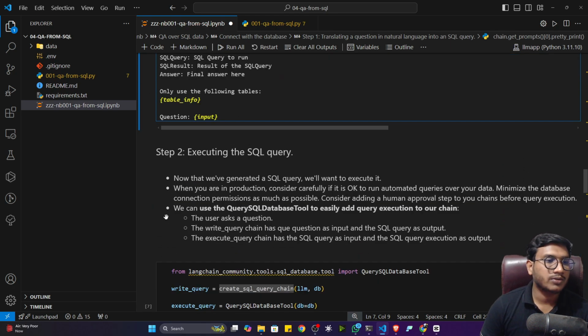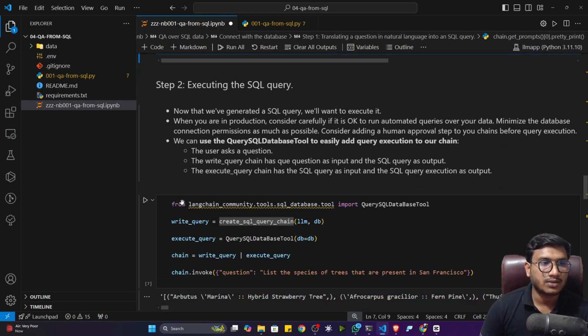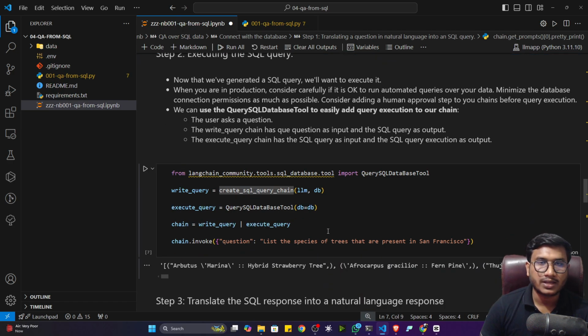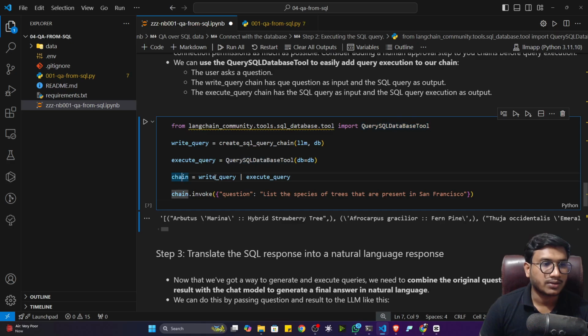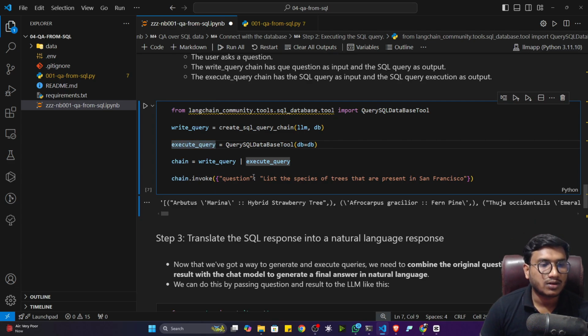Got it? Now let me show you another example. Let's say you want to execute a SQL query, but you don't know the query. At that time, you can pass English text. For this, you can import QuerySQLDataBaseTool, and create the create_sql_query_chain object, then call this QuerySQLDataBaseTool, and create a chain. The chain should be your write query, that means create_sql_query_chain, and then the execute query. Now if I perform the invoke operation with